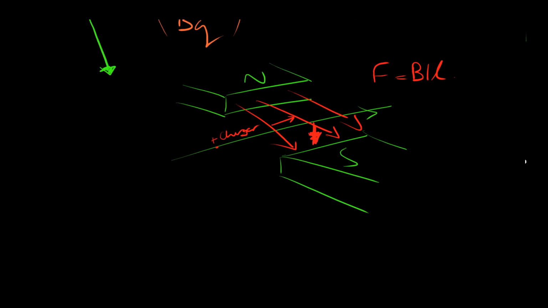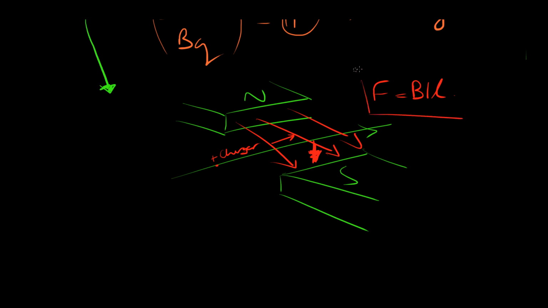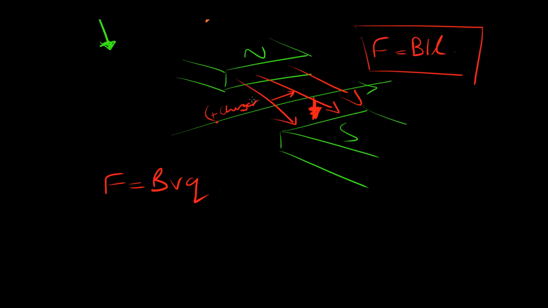So, in order to get F is equal to BIL as an equation, what we can do is take F is equal to BvQ, right? What is velocity? The speed at which this charge is moving is distance over time. So B times distance, or in other words the length from this part to this part where the uniform magnetic field exists, let's say it's the length L, okay? Divided by the time, distance over time,